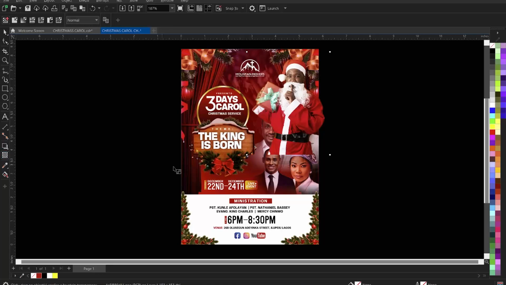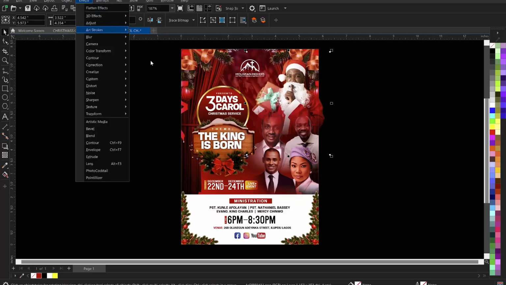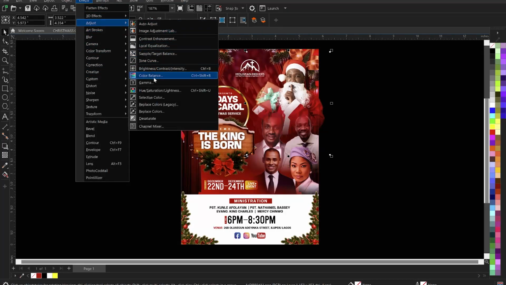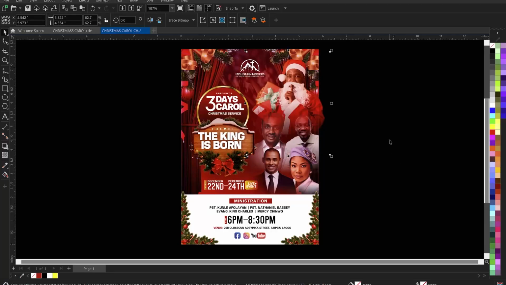right? And then come to our transparency tool and apply it like this, right? And then we are going to come to our effect, come to adjust, and then go to color balance. We have to adjust the color as well. You see, immediately I click on that color balance, it changed. So this is dope. Yes, well balanced, right? We now click OK, and then